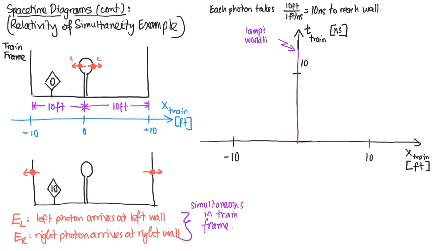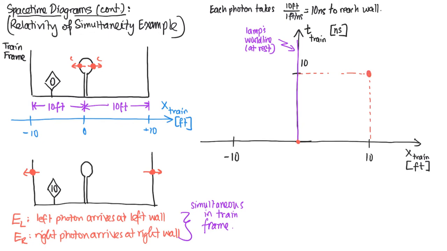And the lamp is at rest, so it has a vertical world line. Well, how about the world line of each photon? Let's look at the rightward photon first. We know that it starts at x equals 0 at time 0, and it ends up at x equals 10 at time equals 10. So if we draw that out, we'd expect to see